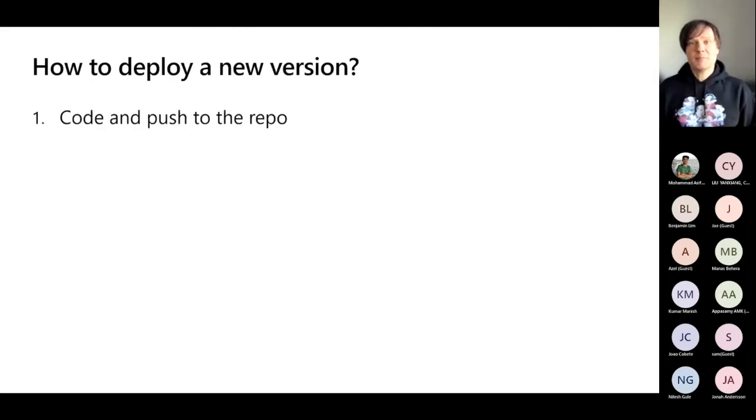world? Step number 2: you as a developer build your code and push to a source code repo, GitHub or your favorite one. And there is actually no step number 2. It's not required. All is done automatically for you. The rest will happen magically.